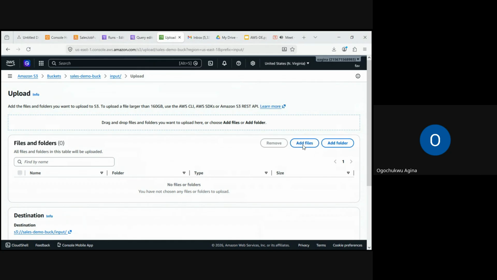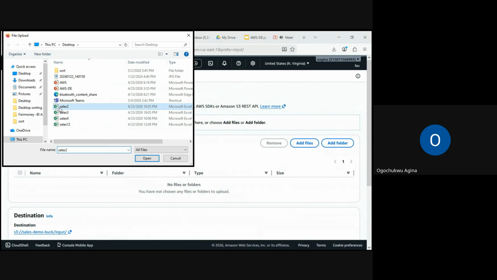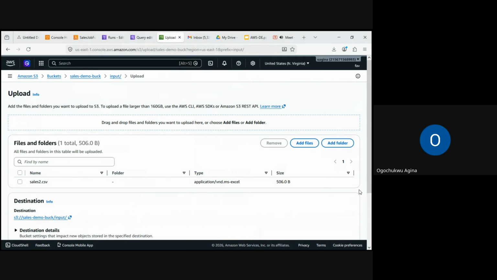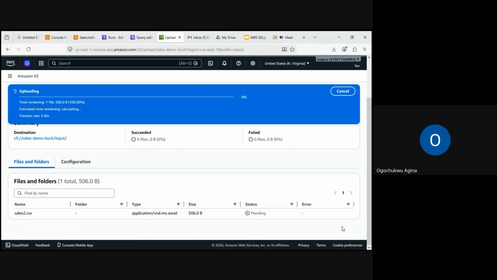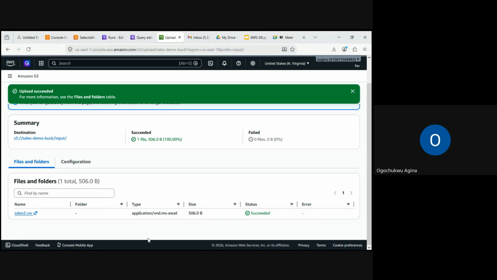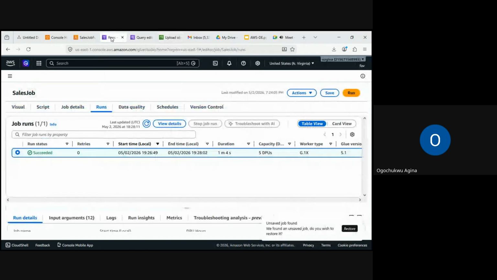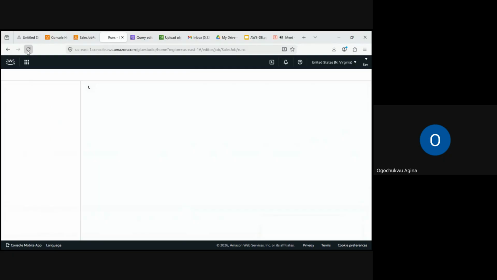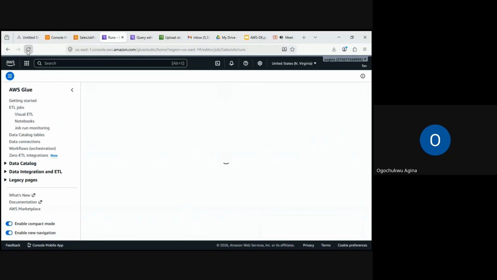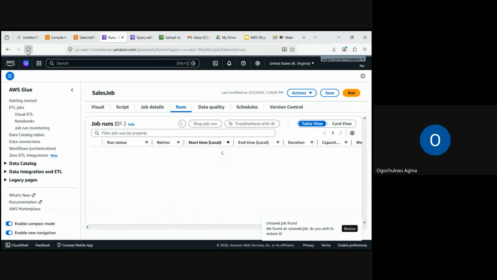Add file. Let's just go like that. So that's all right. It has successfully uploaded. Then let's see the Glue job, if it has initiated. If it doesn't, that means we missed something. But if it does, then it means everything is